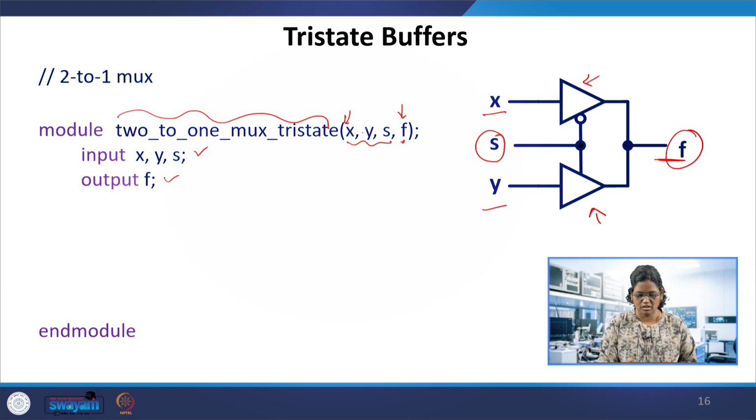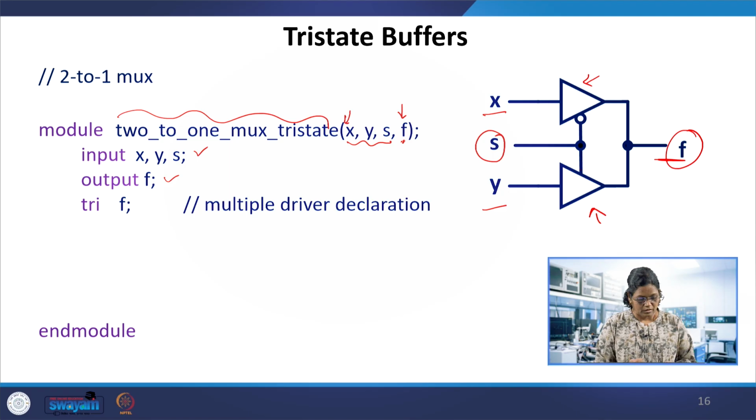So the declaration can be mentioned within the port list, with the port names or identifiers as well. And there is a tri F. Tri is a keyword introduced when we use the tri-state buffer, which can go to the high impedance state, or it's a net which can be driven by multiple signals. So that one should be declared as tri. This can take the high impedance state as well. Because under a certain condition, if S is 0, only the first gate will be active and the second will be disabled. If it is 1, the second will be active and the first will be disabled.